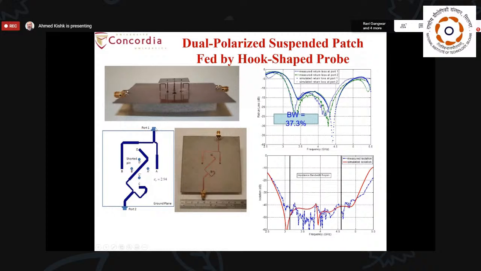So for port 1 polarization, having the feeding network as such, a power divider, and another one. But you can notice here that this is for one polarization, but this arm is longer than this arm, because what I need is 180 degrees, so this is supposed to be out of phase from this. Out of phase, but I rotate the probe versus the other one by 180 degrees. This is what we call differential feeding for this